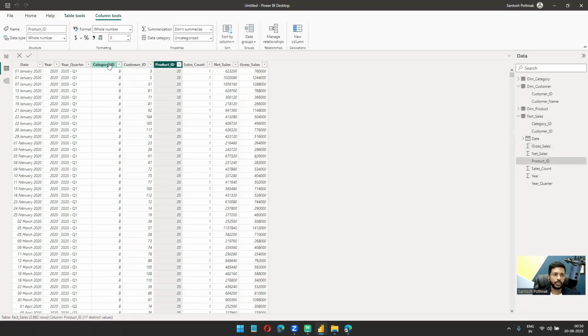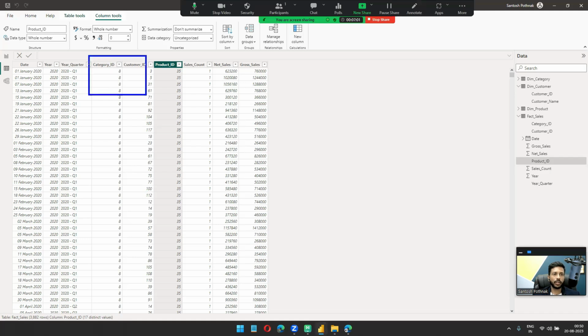Customer ID. So these are IDs, so do not go with that. These are IDs. Do not go with that. This is also numerical information. But if you look at these,